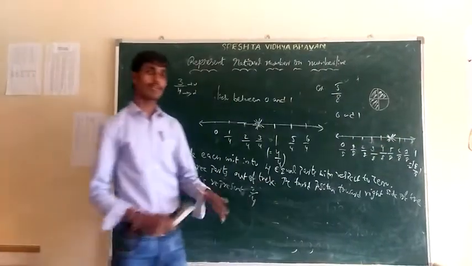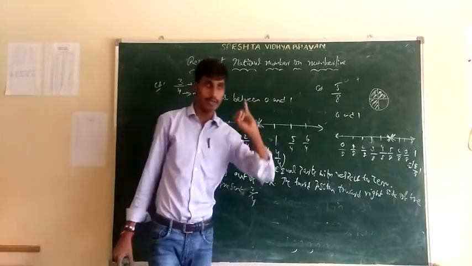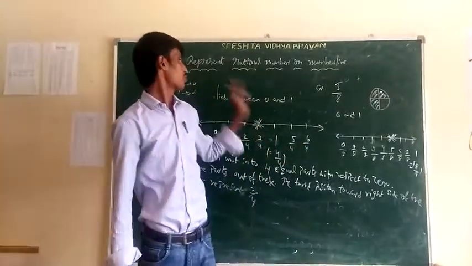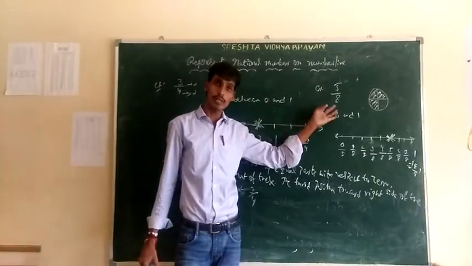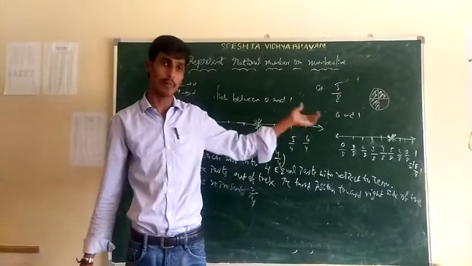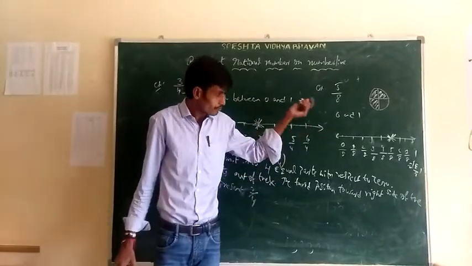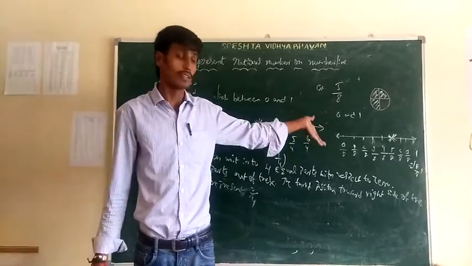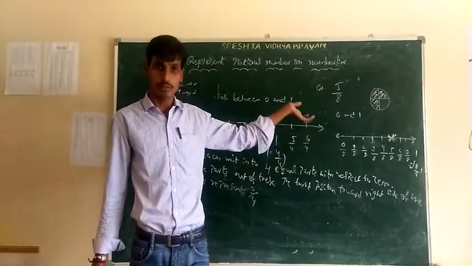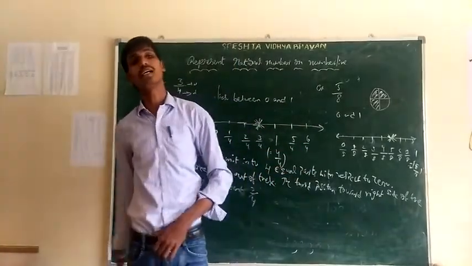Okay, so how can you write the steps? Okay, first what you done? So draw a number line. Okay, make the integers on that. Okay, so next what is the denominator here? 8. That means each part divided to 8. That means 0 by 8, 1 by 8, like that. Okay, so after that, look at the 5 by 8. So 5 by 8 is located at the 5th position, towards right side of the 0.